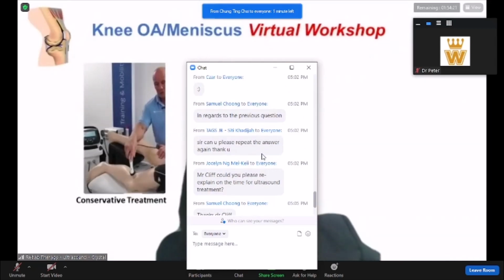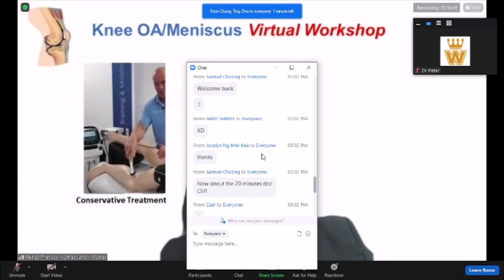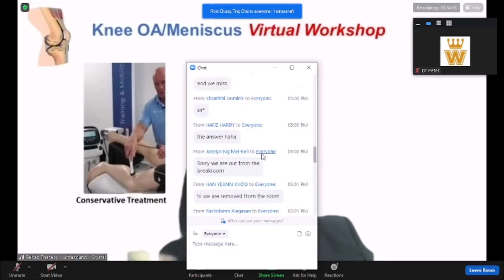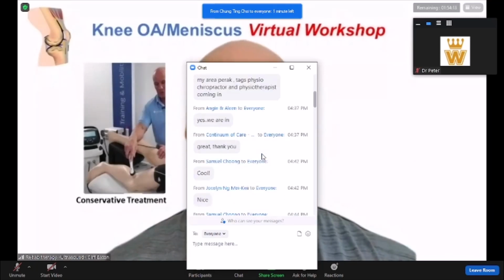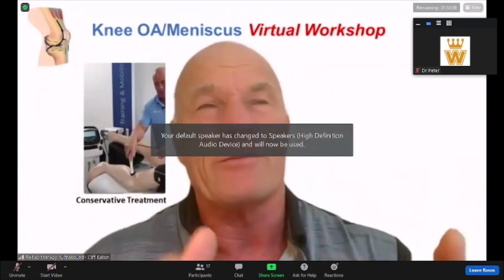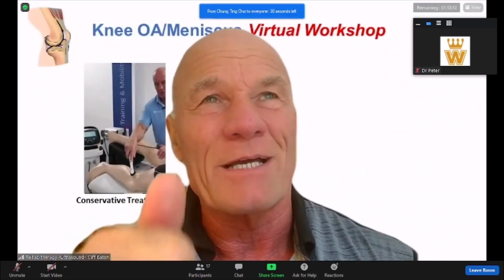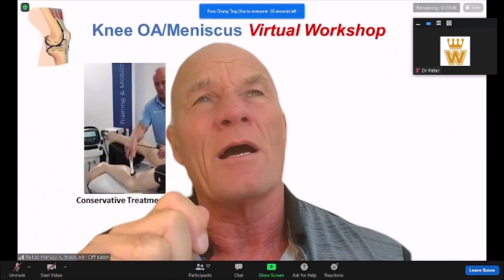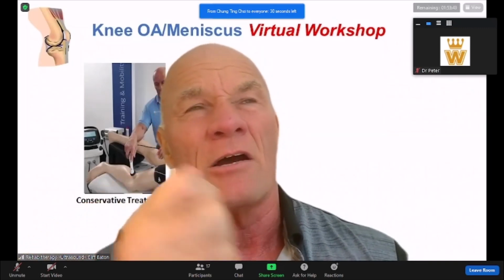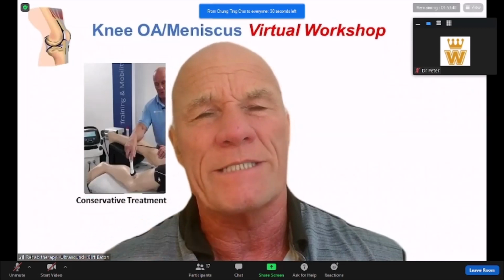Okay, we have 1 minute left. Cliff, I think one of the videos that we kind of missed was the area that you treat. Yeah. Okay. So the area is you actually do it over the medial and lateral condyle, and you can palpate, every doctor and therapist does this. We palpate and we find the spot. And the patient tells us, so we know that's where we've got to treat. And you also go posterior over the posterior joint line, but you don't go over the patella. You avoid the patella.